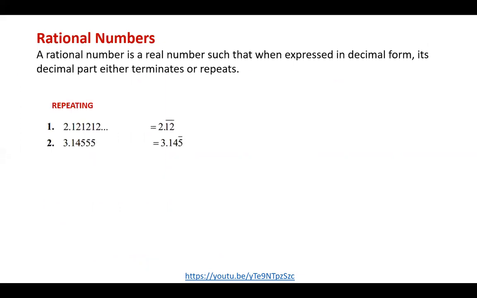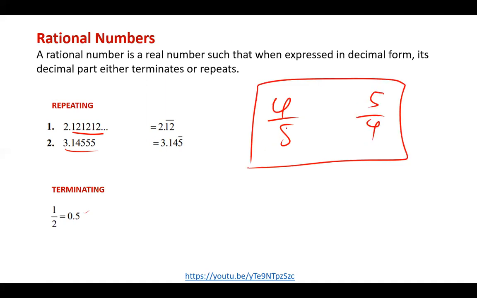So we have repeating rational numbers. Repeating rational numbers are numbers that repeat, like the examples I just gave you. And then we also have terminating rational numbers. Terminating rational numbers are just the normal fractions that we know, for instance, 1/2 or 4/5 or 5/4. These are numbers that can easily